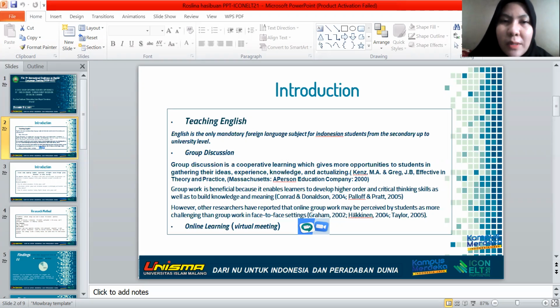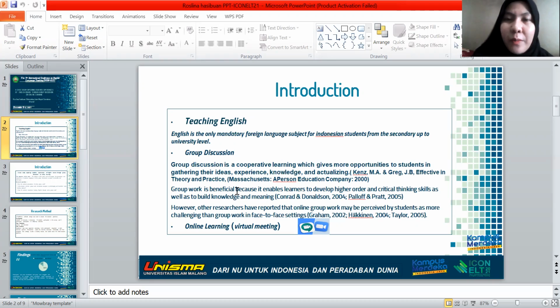So if we talk about learning and the learning process, we need the right method to make our learning process go well. Of course, there are many methods that can be used in the learning process. One of the methods is discussion. As we know, the discussion method is really popular.